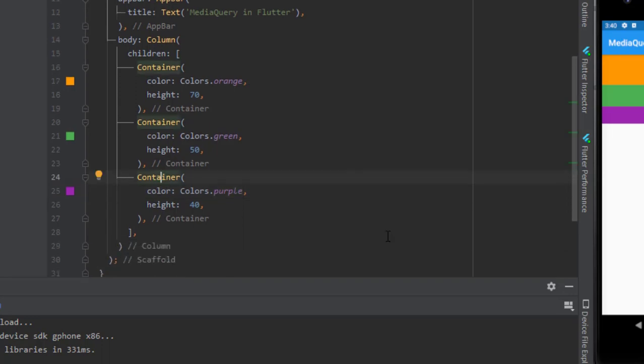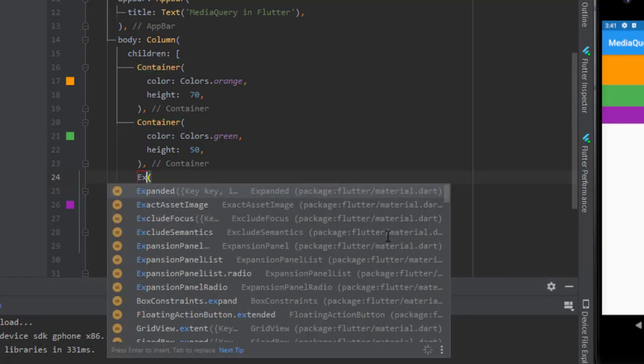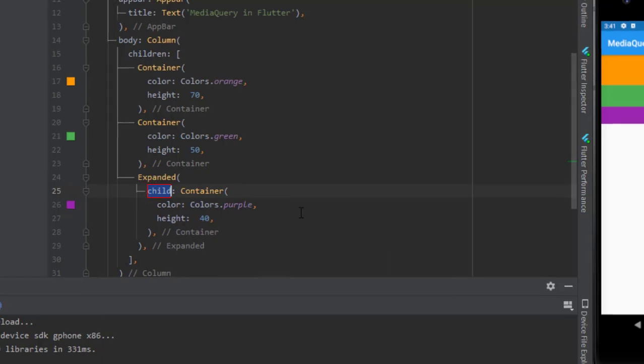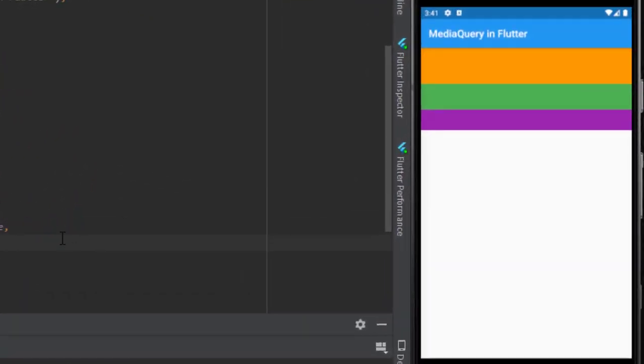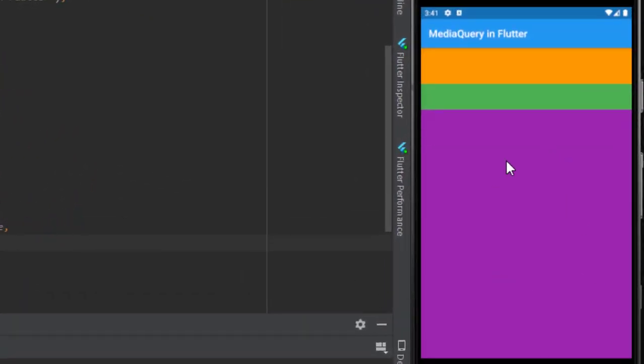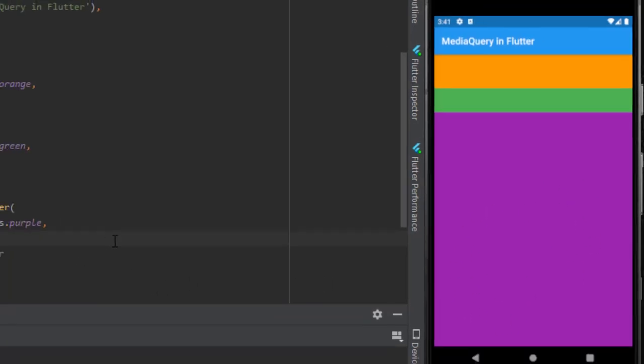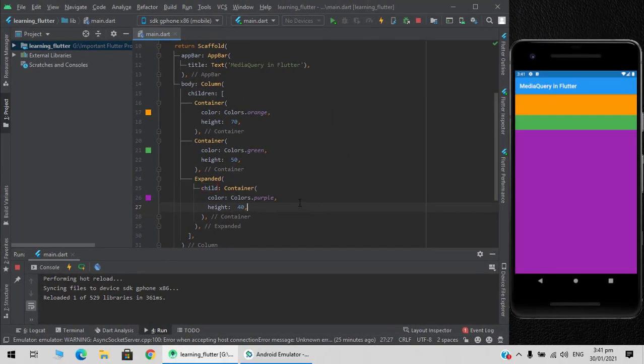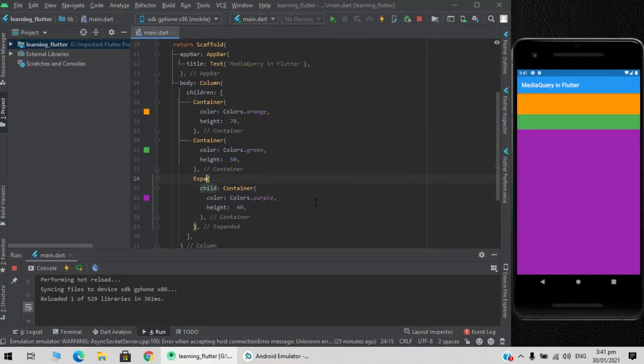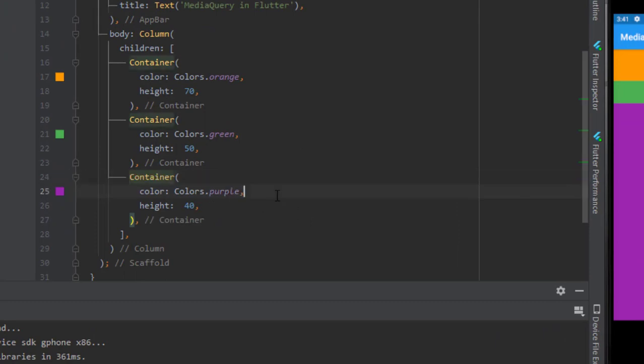If you wrap this container in an expanded widget and hot reload, you can see that the container has grabbed the completely left space. But guys, this is not a good approach to do that.